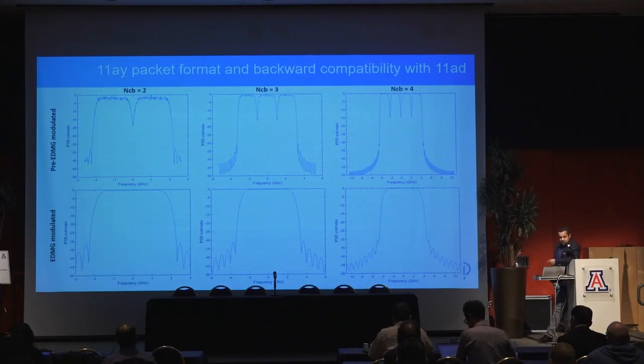And so that's the idea of channel bonding, and you can imagine you can do this with aggregation as well. It's just that you're going to have gaps in between,